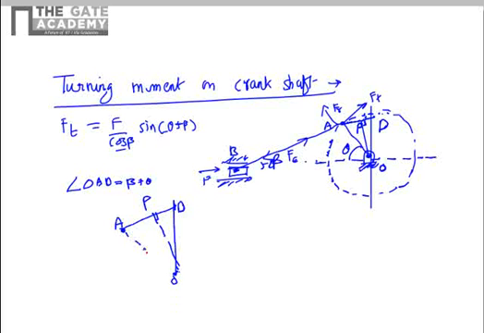And this angle OAD is beta plus theta, and the length OA is R, that is the radius of the crank, as you can see from this diagram. So from this triangle we get a relation that R sine of beta plus theta will be equal to OD